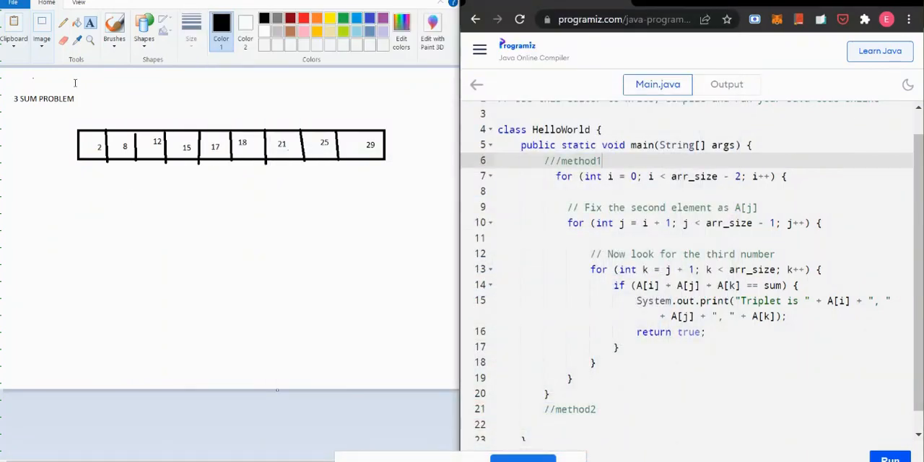So hey guys, today we are going to learn another very important coding interview problem, which is the three-sum problem. You might be thinking why this looks like my incognito mode search, but it's a very important coding interview problem. So the problem goes like this: